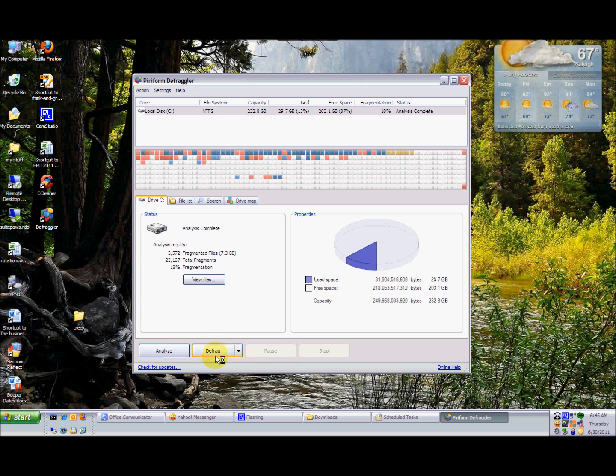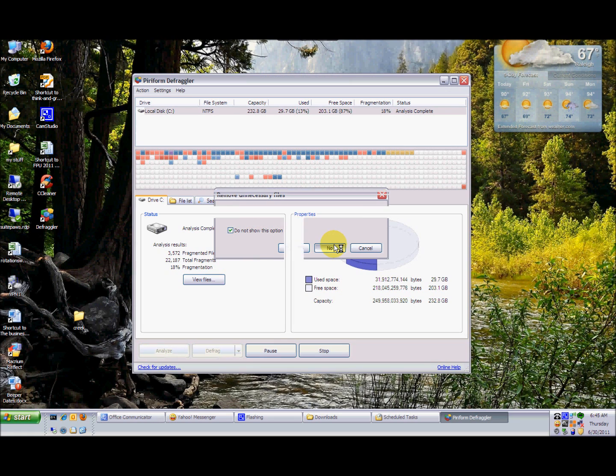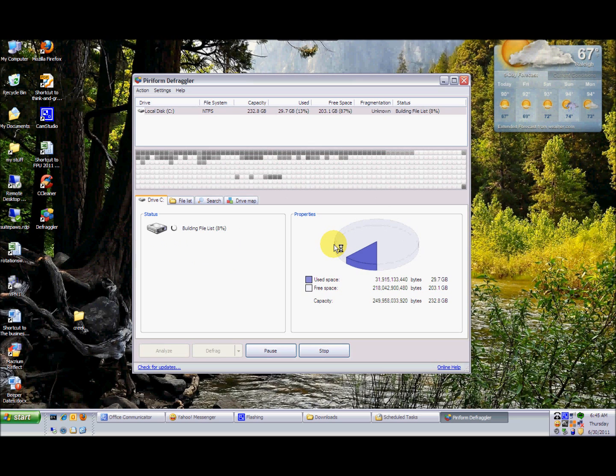So we can go ahead and do the defrag. Asking if I want to empty the recycle bin. No and no. I'm not a big fan of doing that. So this will take a while. We'll go ahead and start the